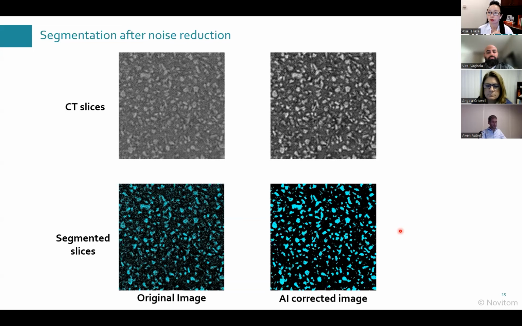Do you have some questions on this subject, Vera? Yeah, there is a question that came in. This is incredible with the AI corrected images. It's so much sharper than the original image. The question here is, how general or specific are the training results to the simulated data set? And can you apply the trained network to new data collected with a voxel size or X-ray energy different from the original training data? So yeah, this is a really good question, and actually it's quite difficult to respond right now,